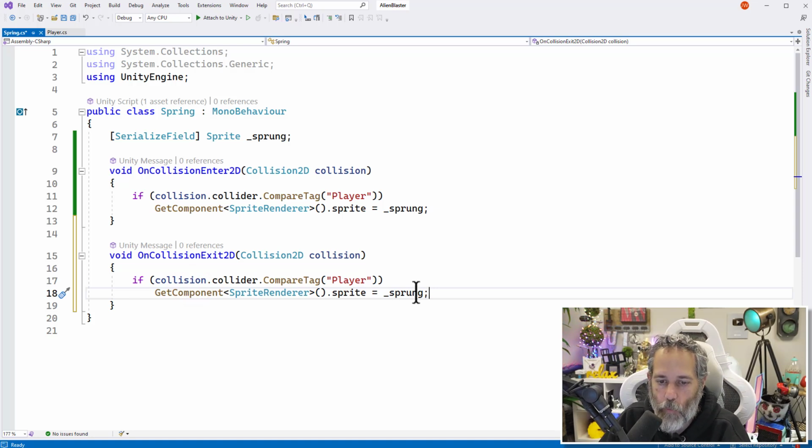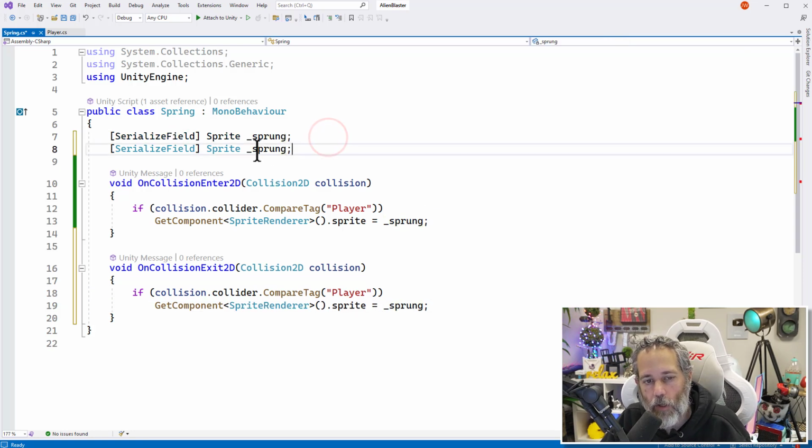Now, I don't actually want to do that. I don't want to set the sprite back to sprung if I leave. I want to set it to the default sprite or the normal sprite. And I've got a couple ways that I can do that. I could add another serialized field here and have a default sprite, but then I'm kind of setting it twice. I'm setting it in here. Let's take a look at what that would look like. If I said default sprite